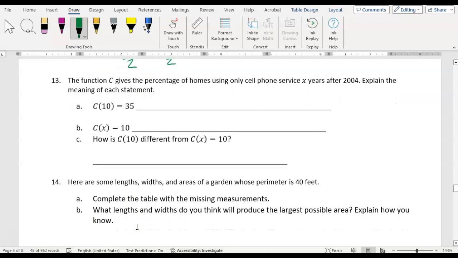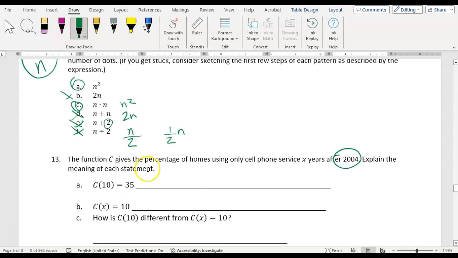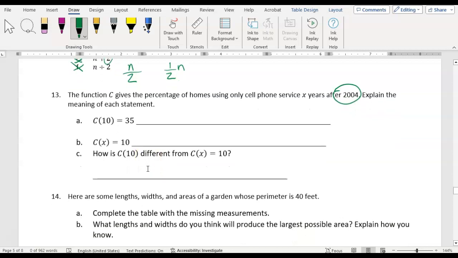Number 13. The function C gives the percentage of homes using only cell phone service x after 2004. Explain the meaning of each statement. So this is a review of functions. So the input is 10 years after 2004. So in 2014, there are 35% of homes